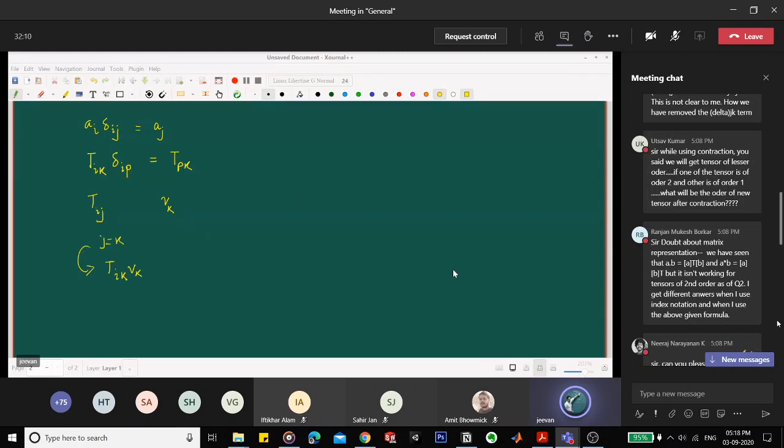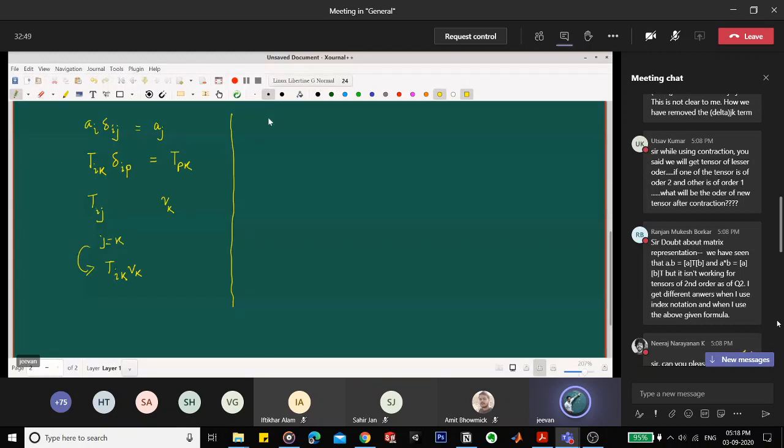Yes, this question has actually been asked in the discussion channel of the mathematical preliminaries. One of the students has already asked this and the TAs have given a perfect answer to it. This trick, a b transpose, will work only when small a and small b are vectors, or tensors of order 1. For higher order tensors, the problem is, if you want to take the dyadic product of two second order tensors, let's go to our writing app and let me tell you quickly what the teaching assistants have very correctly said. We are talking about the dyadic product of two second order tensors.